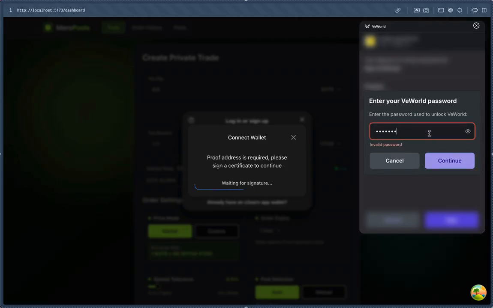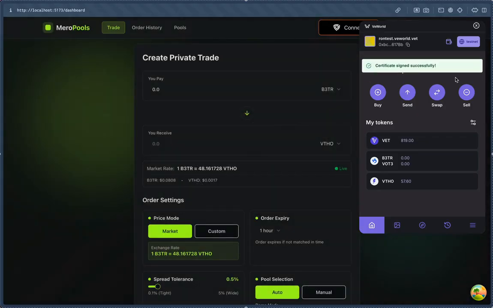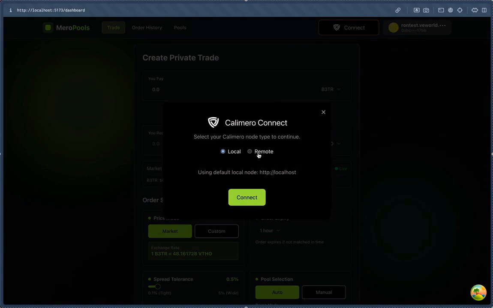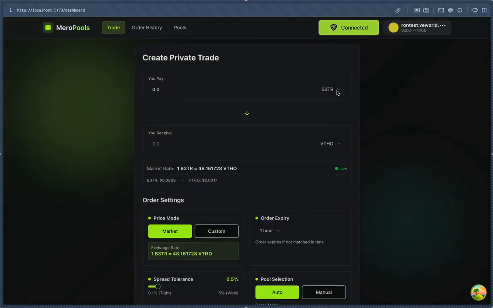Yes, my wallet is connected, and I am also connected to a Calimero node, my own private Calimero node for this demo. I can simply approve the permissions, and now I have to deposit